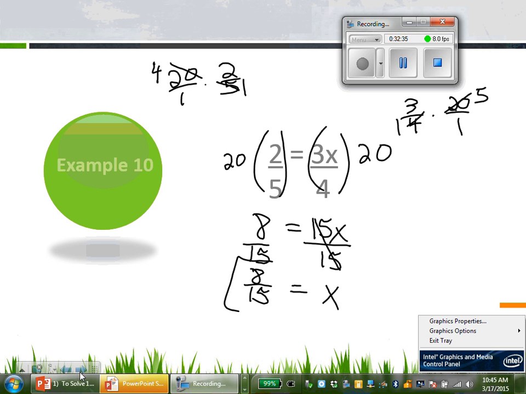The only time I want a decimal is when? When I say so. When the problem has a decimal. If the problem has a decimal, then you want to work it as a decimal. But all other times I want fractions. Okay? Does everybody understand that? So when you divide it and it doesn't come out evenly, just leave it like a simplified fraction. Okay? All right. So we're going to stop there. I'm going to let you